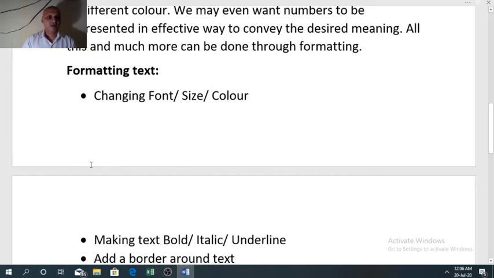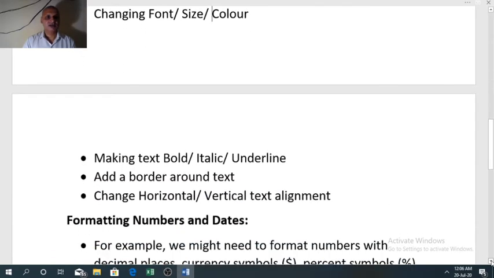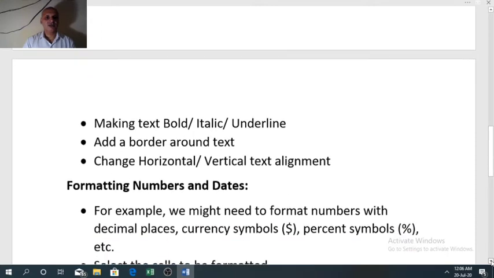So these points we have seen: changing font size, color, making bold, italic, underline, adding a border. Now we will see how to change horizontal and vertical text alignment.